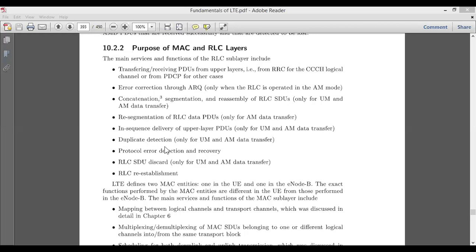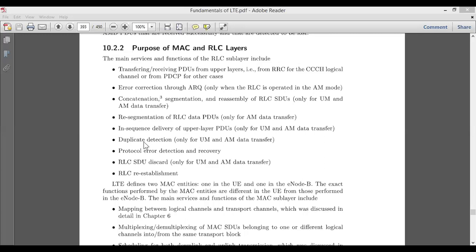If you find any bits which are duplicated due to some addition of bits in the network or in the wireless channel, then the RLC layer has the provision to detect such duplication of bits, and again this can only be done under UM mode and AM mode data transfer.